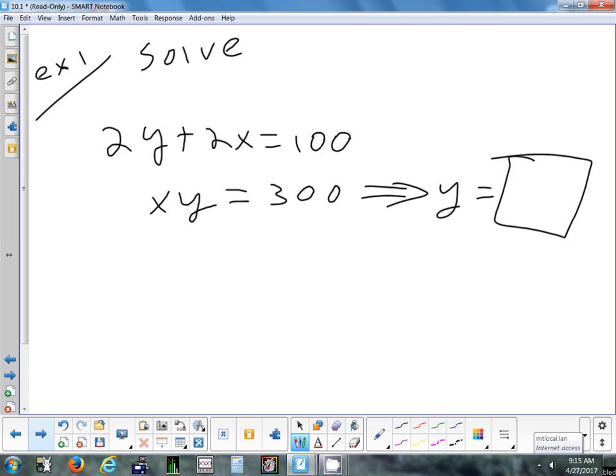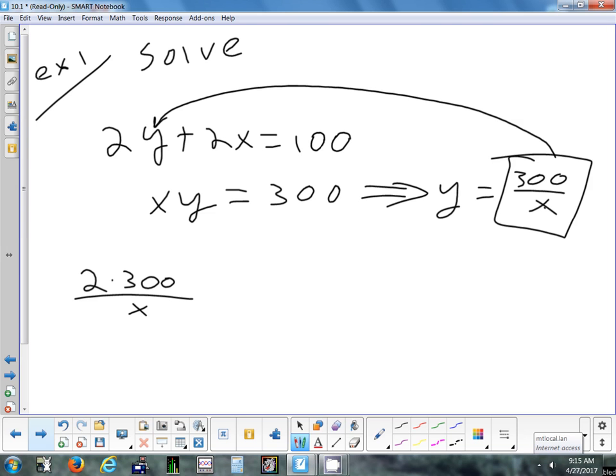You would divide both sides by x. Okay. So now we know y is 300 divided by x. So once we figure out x, we can use this formula right here to find y, 300 divided by whatever x is. But we have to find x first. Okay, so now what do I do with the 300 divided by x? Plug it into the other equation. Yep. So it'd be